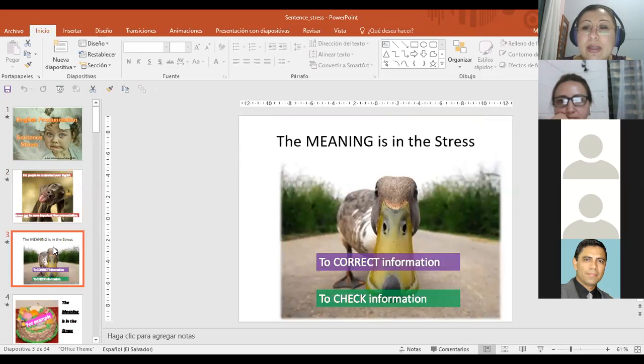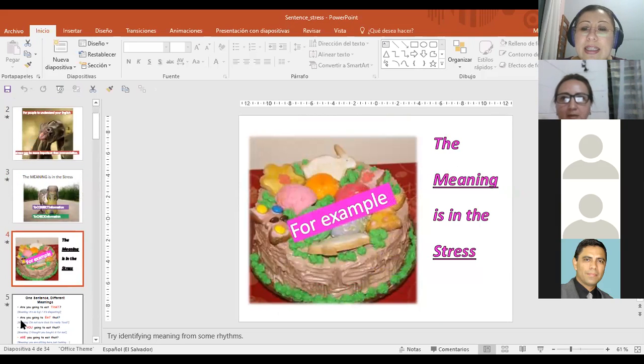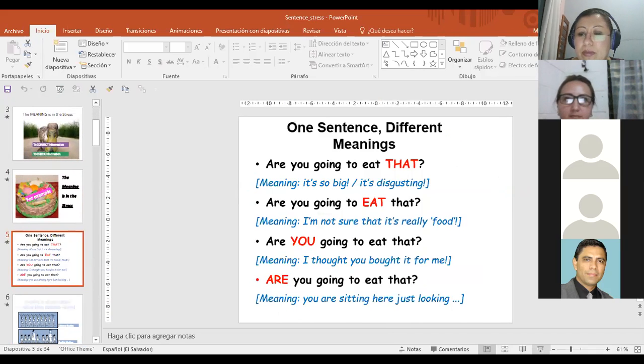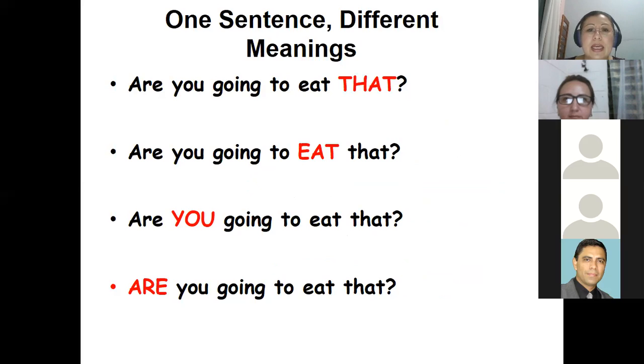So, we are going to try to understand that the meaning is in the stress of the sentence. So, it says to correct information and to check information. And here it says the meaning is in the stress, for example. And then you have a drawing of a cake with a lot of candles on it. So here, I want to focus on this. It says,